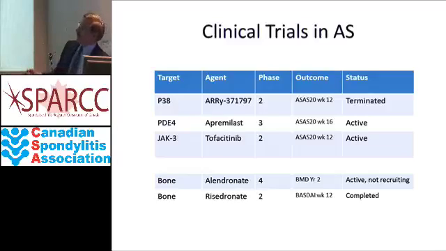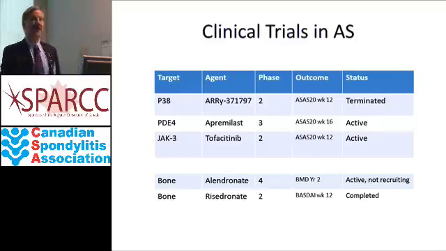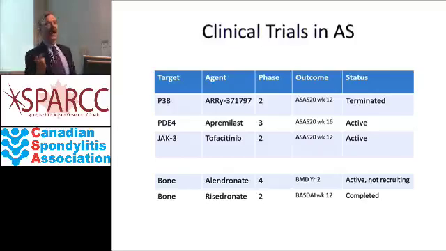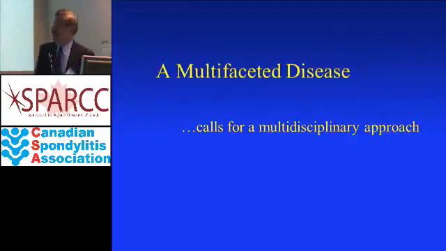Strontium is an interesting spin-off. There have been small studies ongoing. These are drugs that are usually used for osteoporosis. And one of the challenges here is that osteoporosis, of course, is a disease in which there's too little bone. In ankylosing spondylitis, it's a problem of too much bone at the wrong place. And so we're very interested in this dynamic of what the balance of too much and too little bone is.